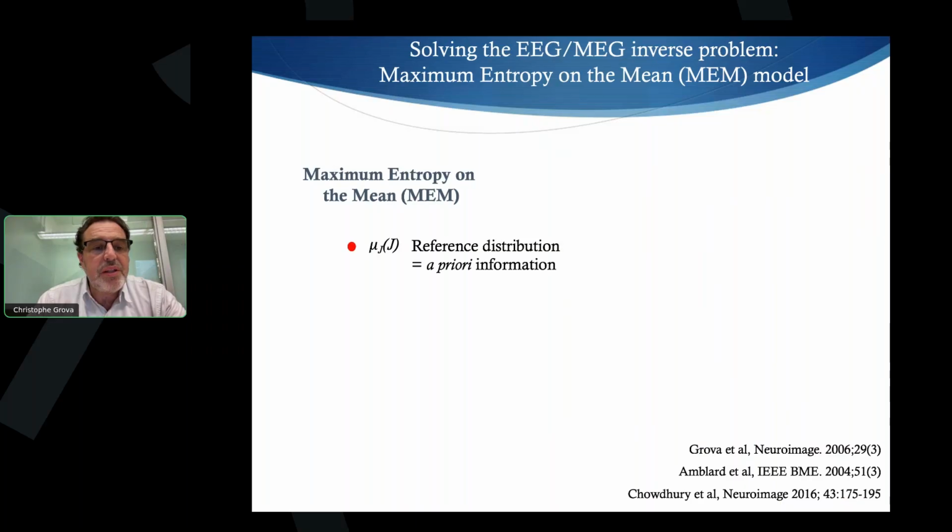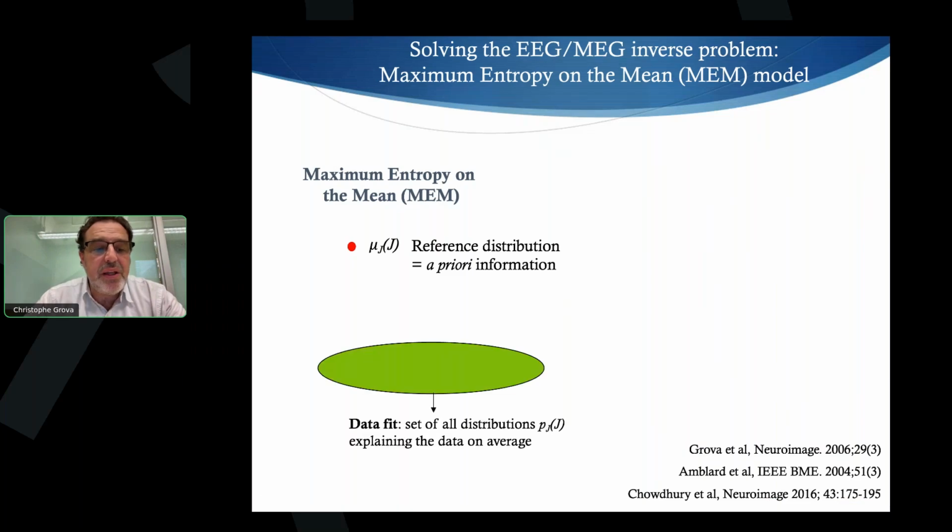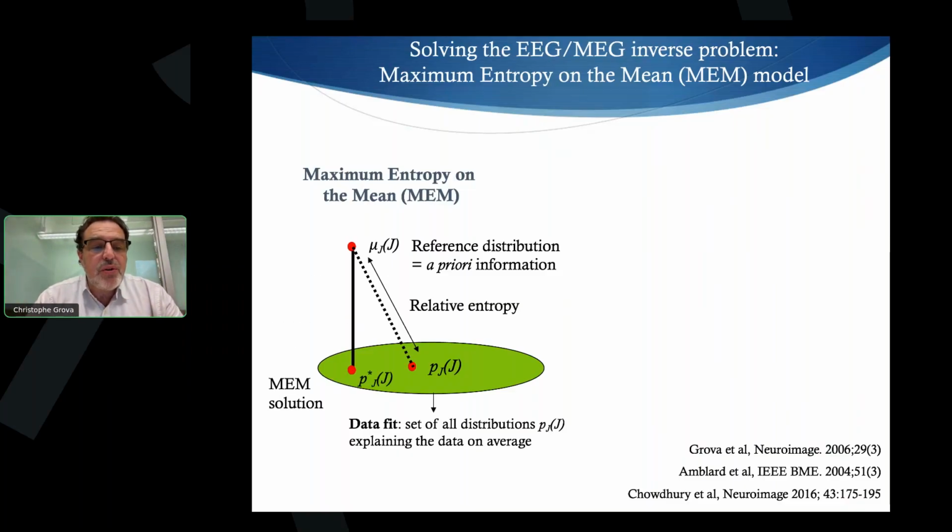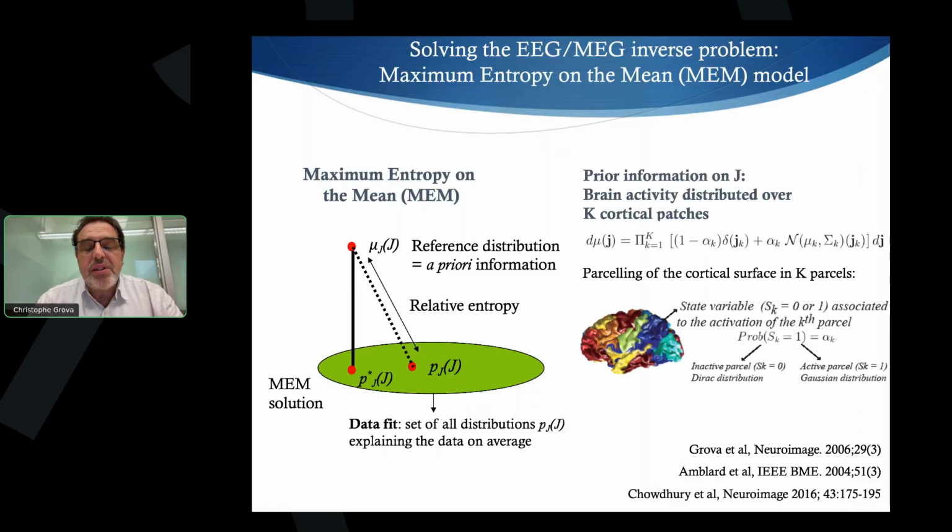So you start with a prior definition, which is a reference distribution. We have an infinite number of possible distributions that explain the data. And here, if we find a solution that explains the data, I'm going to use information theory. So I'm going to measure relative entropy to measure the kind of distance between those two, and I'm going to choose the one that is the closest. So as in maximum likelihood, I want a balance between a solution that explains the data and it's close to my prior. So I won't say more than that.